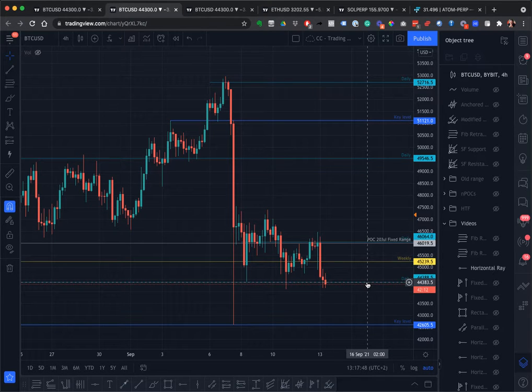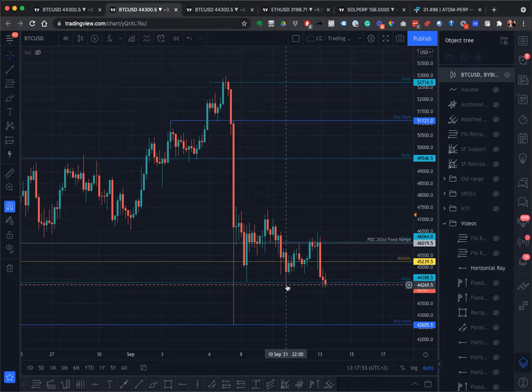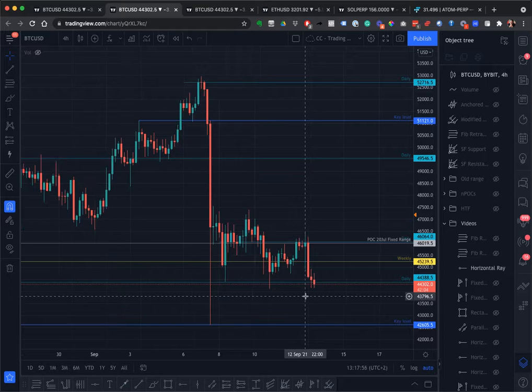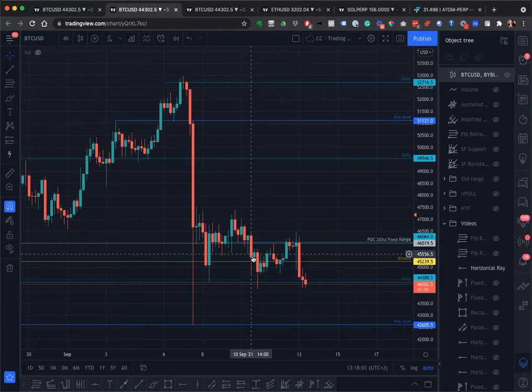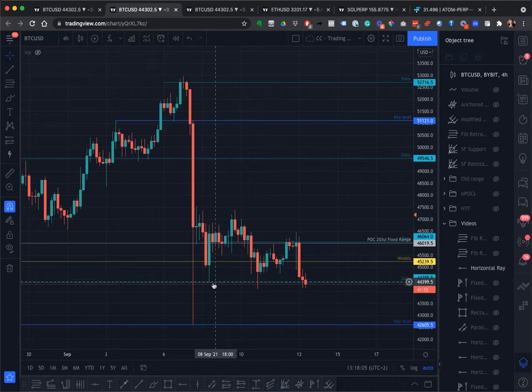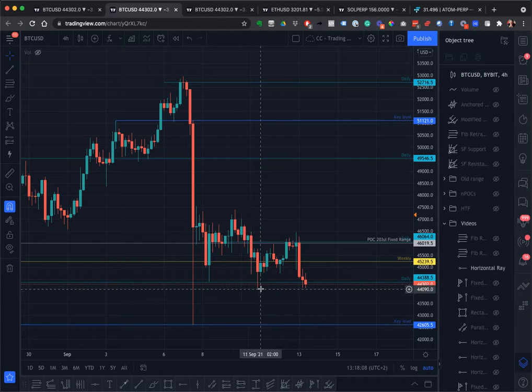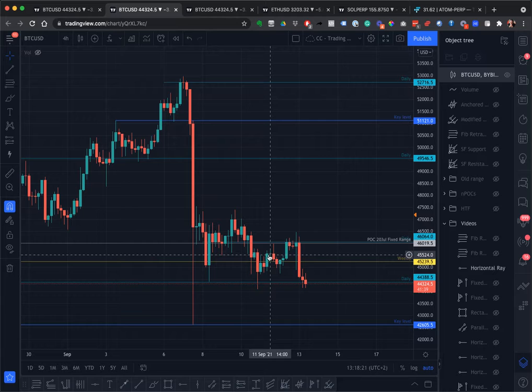So there's our daily as well. That's also quite an important level here. It washed through it a bit, but the reason for that is when people put longs in here, or even in there, they normally put their stop loss just below that previous low. And what happens here is the big players in the market send the market down, because there's obviously money lying there in those stop losses. Then they go down there and they call it a liquidity grab. So they go and pick up that money, and then the market